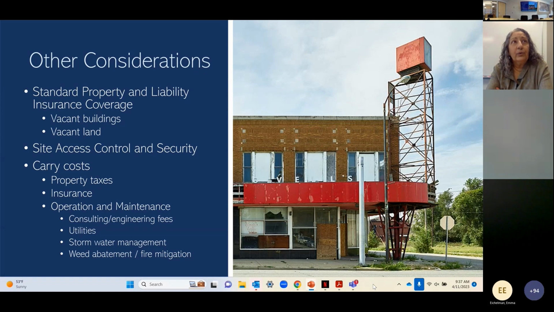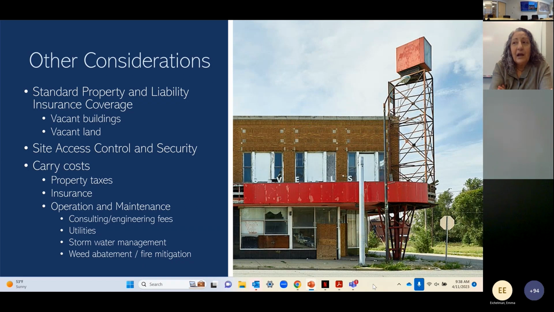And then the last thing we'll leave you with is other kinds of considerations for ownership. And some of this is standard ownership of property, standard property and liability insurance. Vacant buildings are an attractive nuisance, even vacant land. So site access, control, and security can be expensive, but can be important depending on the nature of the hazards that are present. We worked at a site in Montana where there was an old